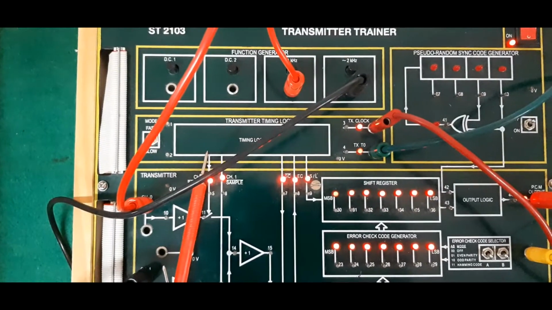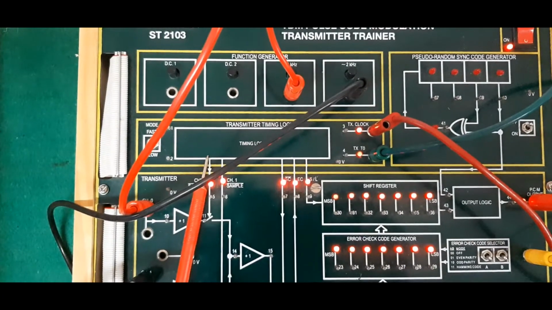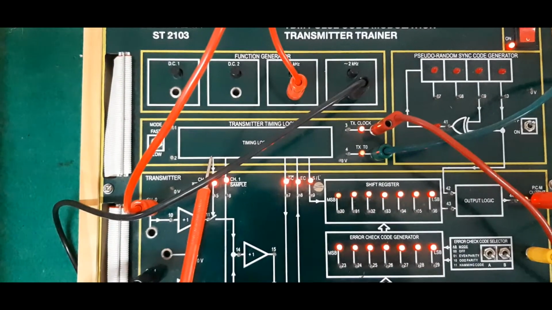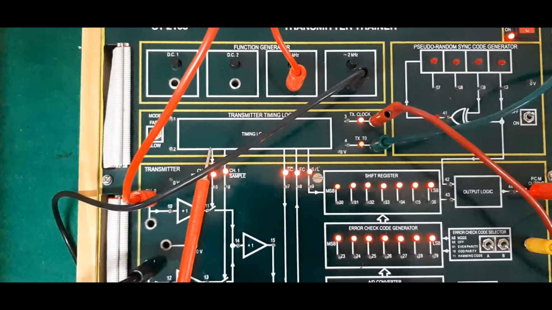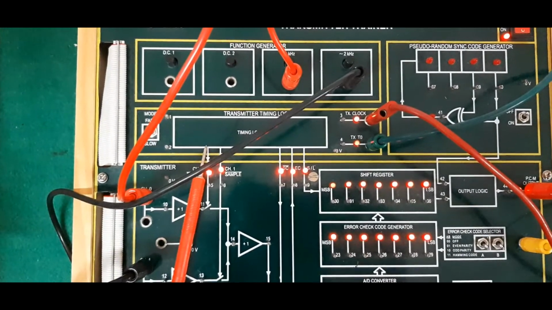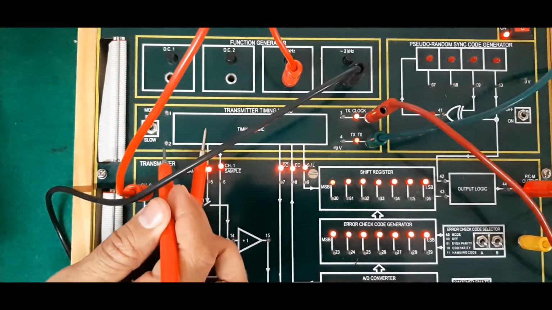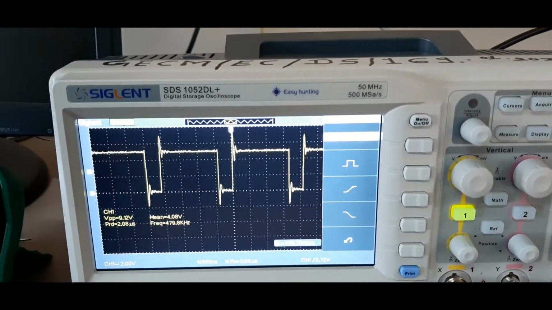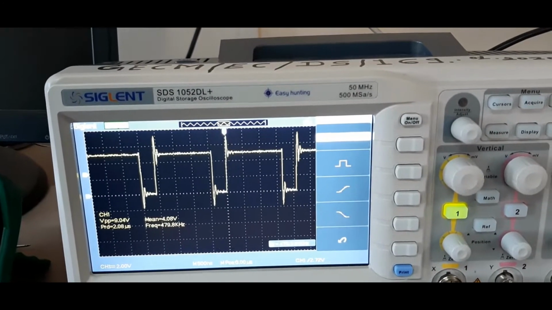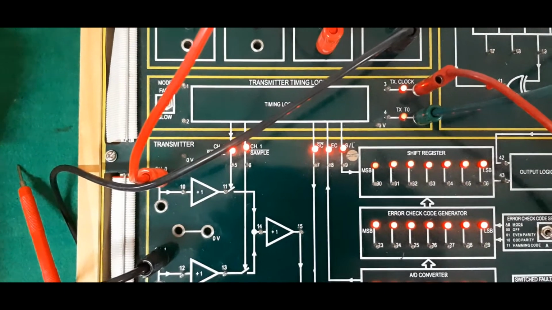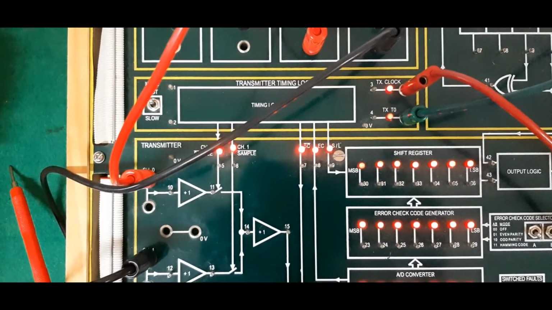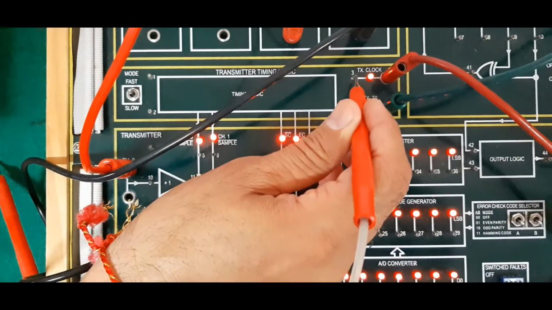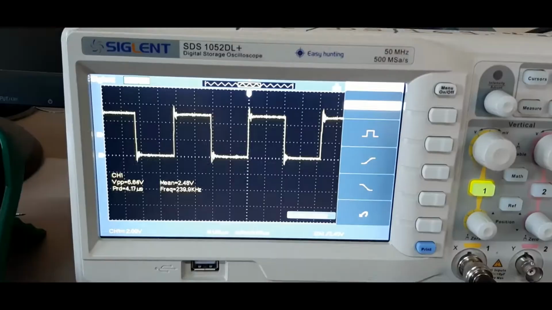After the 12 megahertz crystal, we have two successive stages of divide by 5 in cascade. So it is effectively dividing by 25. So 12 megahertz divided by 25 turns out to be 480 kilohertz, which we can see at this test point, TP2, almost 480 kilohertz. The output of the 480 kilohertz is then divided by 2 to get a 240 kilohertz transmitter clock, which can be observed as test point 3.